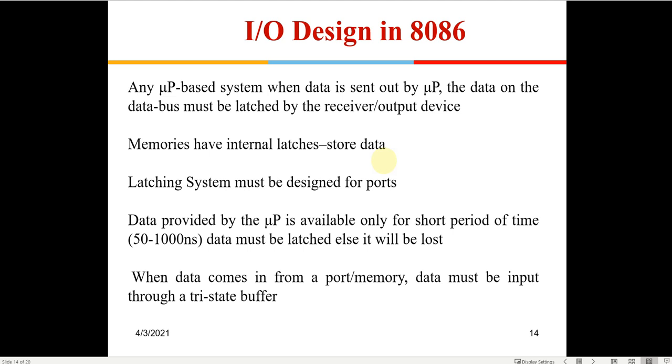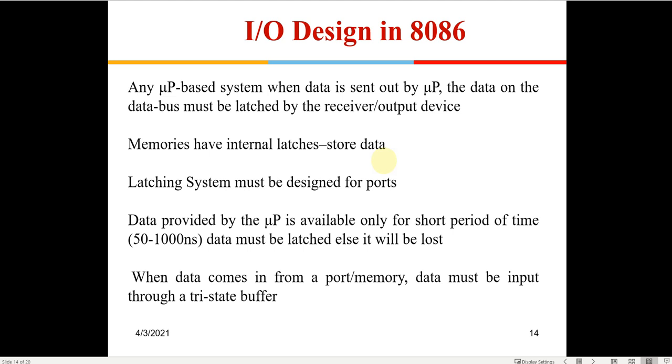We need to continuously give that signal for the LCD to glow and show the data, or the 7-segment display too. But the microprocessor might be doing other functions also. Say it wants to display a figure of 4, so it will give the data corresponding to 4 and then go and perform some other function. Whenever there is a requirement to change the display from 4 to 5, 6 or some other value, it can come back and give the fresh instruction to the output port. So in between, the output port has to remain showing the display as 4.